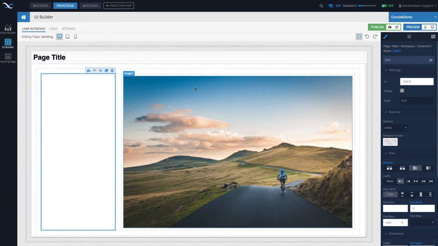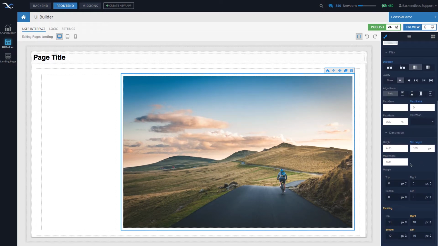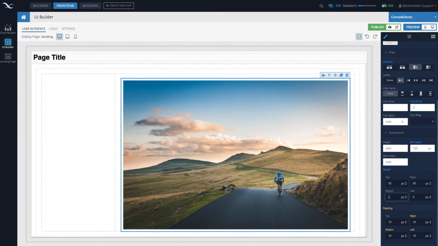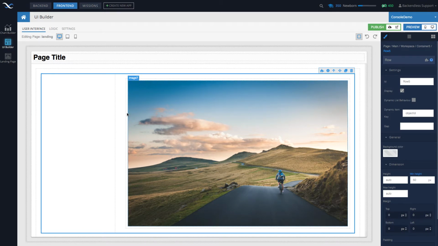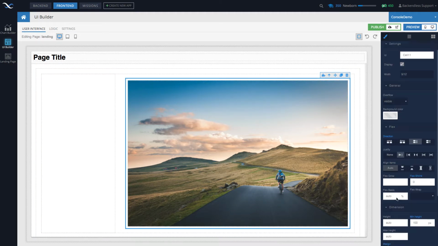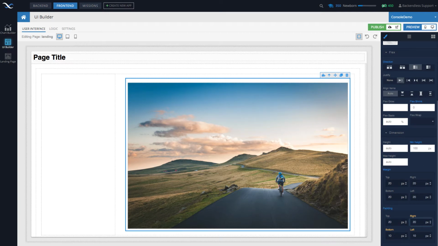While we're here, let's also take a look at the margins and padding. So select the cell that contains the image, and then scroll down to the bottom in the properties, and you will see there is margin and there is padding section. So for instance, for that cell, we can specify margin to be, for instance, 20 pixels in every direction. So as you can see, this is our row, and then the cell in that row has those margins that we specified. Select the cell again, and now let's say the padding will be 20 pixels in every direction.